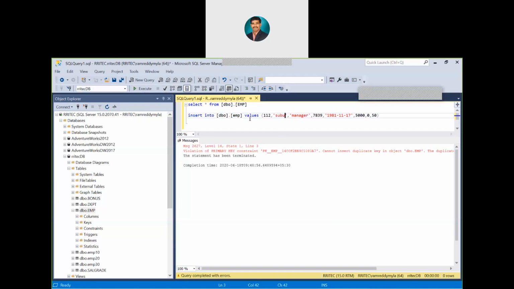Or you can delete the triple one, you can delete and you can add it. Or you can update also. We have the update statement also available. 20 you can update as 50, you can update. I am inserting one more record with the name of Subbu. I am inserting. Now,